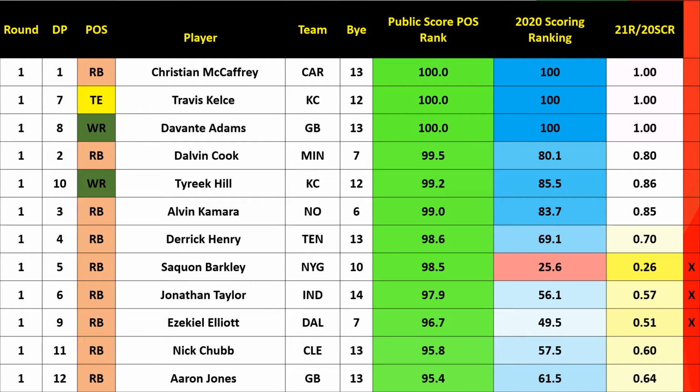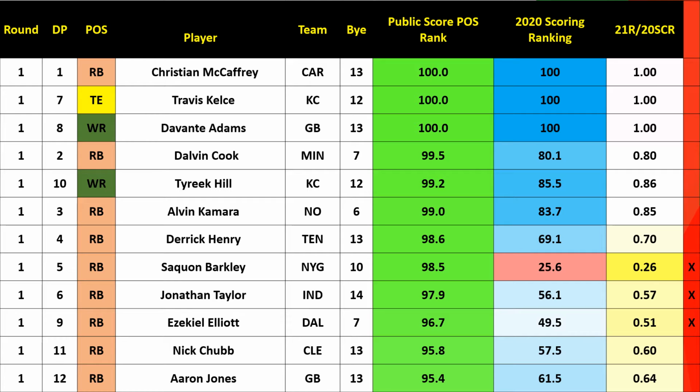But anyway, we can see the top running back, tight end, and wide receiver will all be going in the first round of your best ball. And your number 2 wide receiver, Tyreek Hill, is also going. And that's it. And the rest are running backs. So clearly, you need to decide kind of your journey, and people start looking at 0 RB, right? You hear about that. Well, that means they're going to be taken later. I mean, there's more to it than that, but in general terms, early in the draft, you're taking positions other than